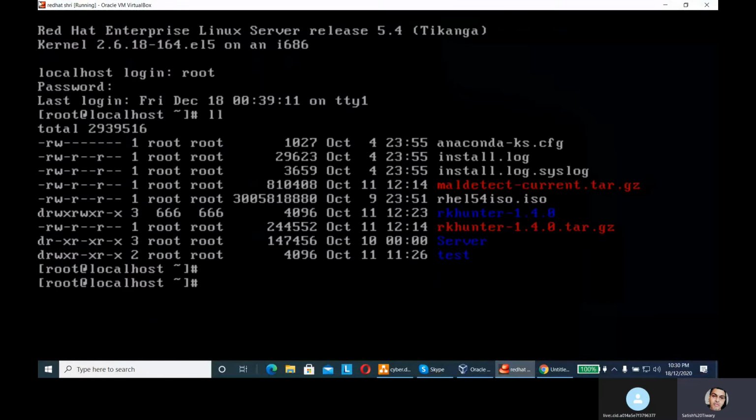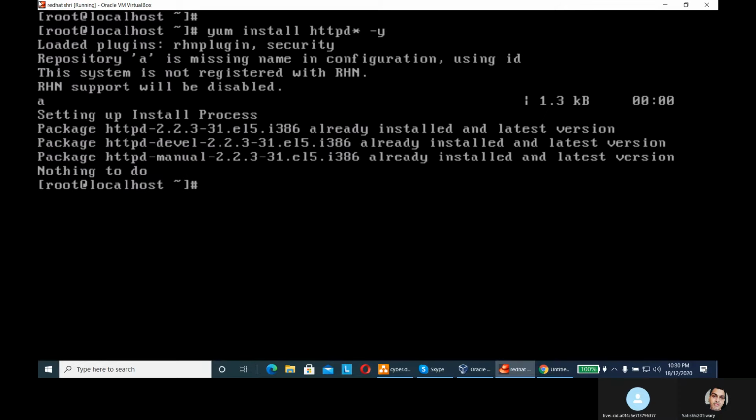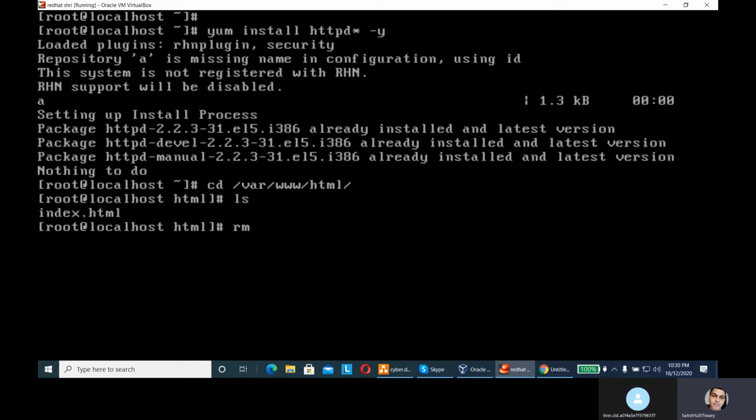First of all, we need to simply install the package: yum install httpd. First of all, the Apache server. It's already done. Now go to /var/www/html, and if there is any file, delete it.